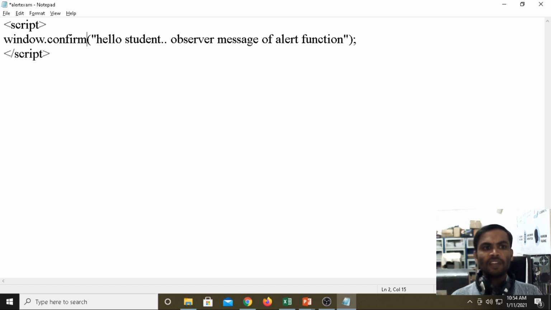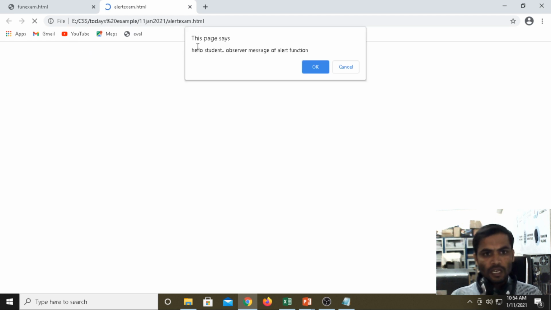Previously for the alert we got only one button, and for the confirmation we get two buttons. See here, hello students, observe the message of alert function. I have not changed the content, and we get true or false. Okay.